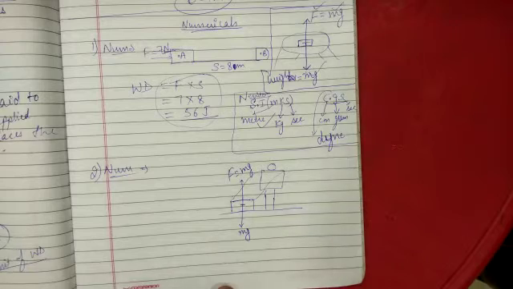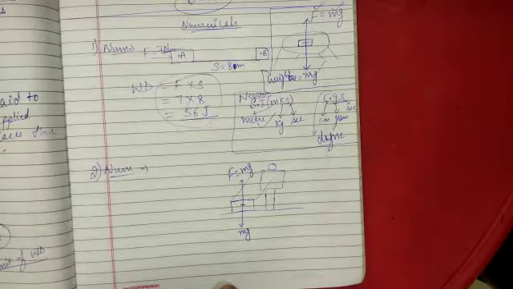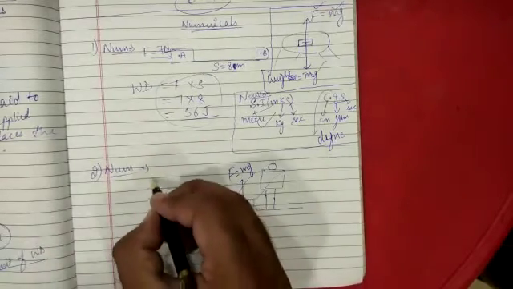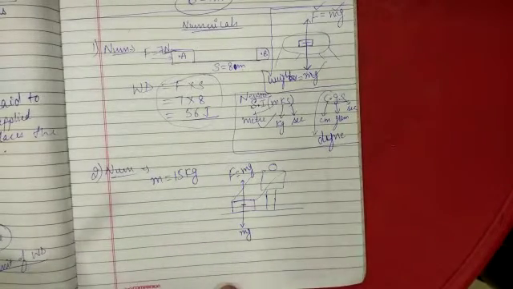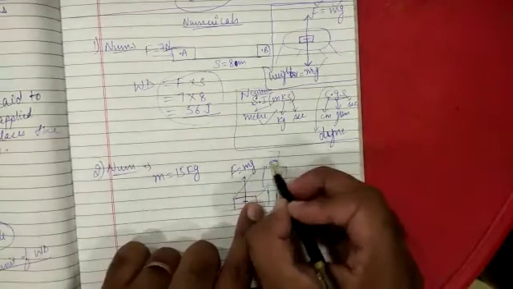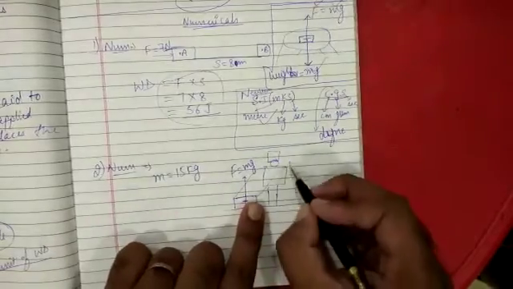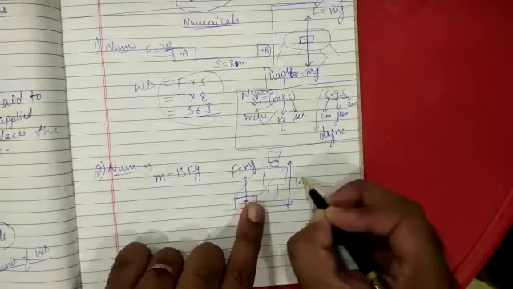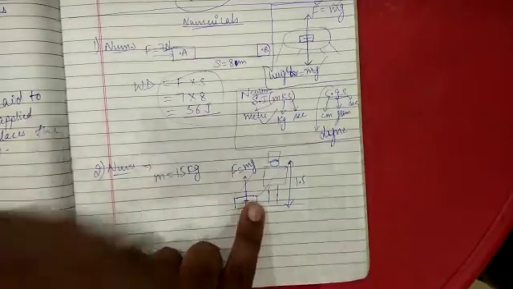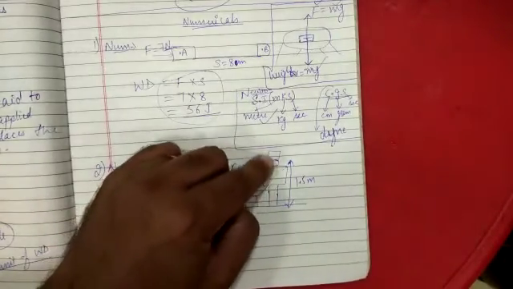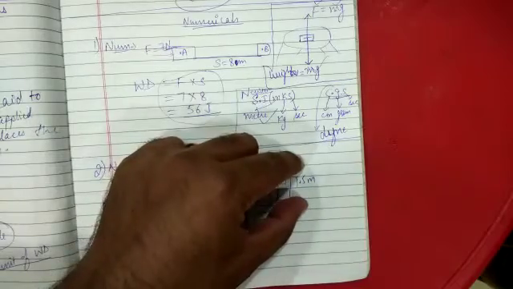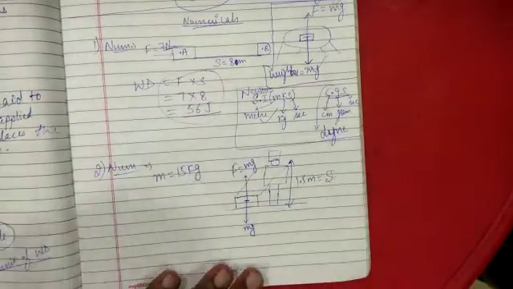Now, what is given? Let me read the numerical. A coolie lifts a luggage of 15 kilogram. Kilogram, as we discussed in the chapter gravitation, is just the mass. So mass is 15 kilogram. He lifts it from the ground and puts it on his head, which is 1.5 meter above the ground. Indirectly, this luggage is displaced through 1.5 meter, so this is the displacement given.